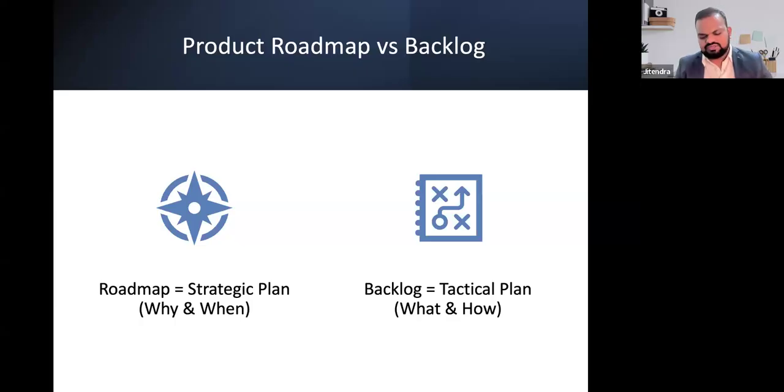Let's say I'm going to transition from QA, or from Scrum Master, to a product role. Can I go directly to that role? The answer is no. So I'll set a goal that in the next 5 years I want to be in that role. For this, my first goal is to transition to product owner. Then in the next 3 years, product manager. Then I want to be XYZ. A roadmap is a milestone, in layman's terms. And to achieve this roadmap, there are specific action items, what exactly I need to do. That is the what and how to achieve it, and that's what you will be doing here.